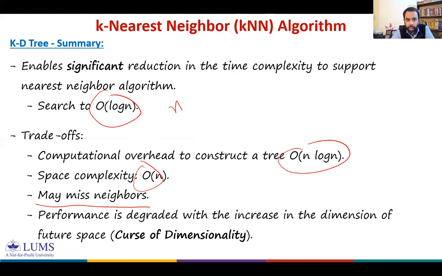Finally, we note that with kNN, the performance of the classifier or predictor can degrade with the increase in the dimension of the feature space. This is our next topic, the curse of dimensionality: what happens to the performance, to the distances, and to the neighbors when you increase the dimension of the feature space. Okay, so we stop here, and in the next module we will start with this concept, the curse of